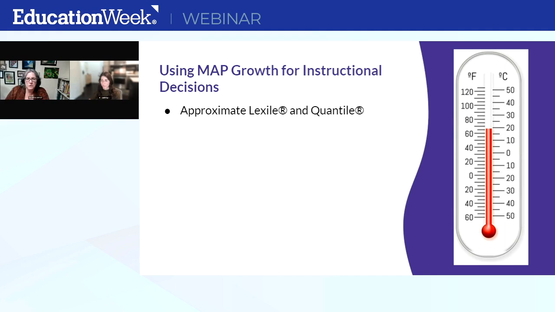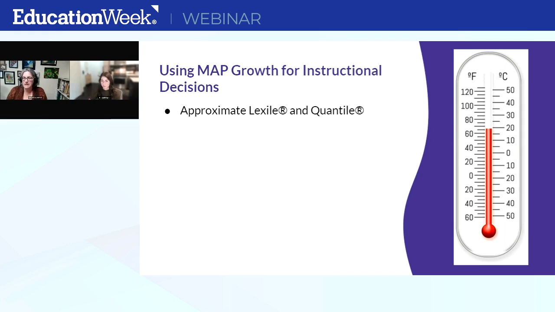We've talked about the RIT score. You get overall RIT and instructional area RIT. Students are also given a Lexile and quantile measure along with their RIT scores. We've conducted linking studies between these measures to report those out. And we'll drill into Lexile because I think most people are more familiar with it. If you know a student's Lexile, that helps you plan how much support you're going to need to help